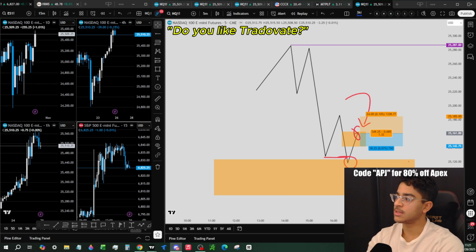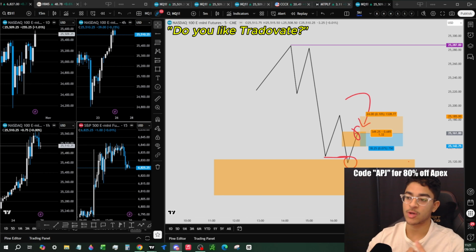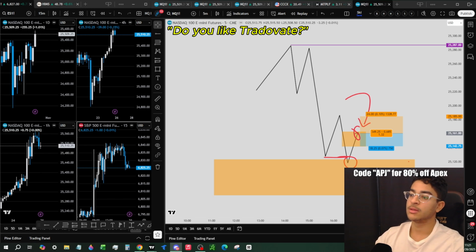But Tradovate is great. Tradovate is really simple, very clean UI, right? You configure it how you want. So you can configure a depth of market, like a DOM ladder where you have all the prices. You can have your charts, obviously. You can have account details, so how much drawdown you have left, your profit target. I love it. I've used Tradovate for 3 years straight. I have not considered switching to Project X or Wealth Charts, any other platform. And they have a built-in copier. That's probably my biggest draw to Tradovate is the built-in copier.